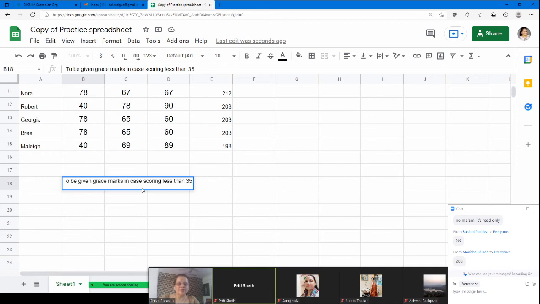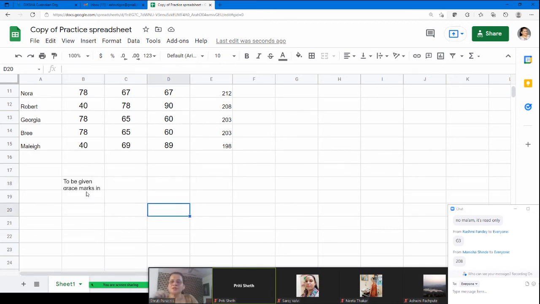See, when you double click on it, you can see the whole thing that is written. So this is how we wrap. This is the difference between merging and wrapping. In merging, you can merge two or more cells, many cells together, into one single box. In wrapping, whatever text is there can be wrapped.